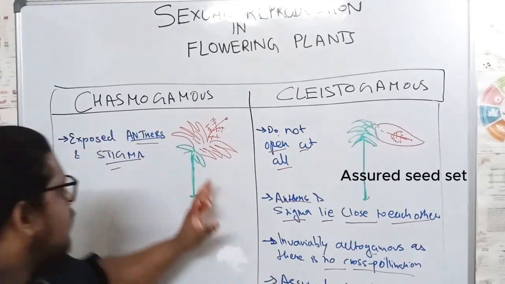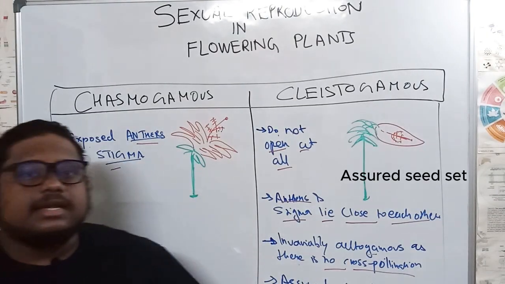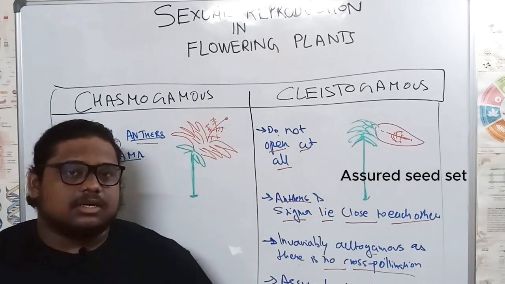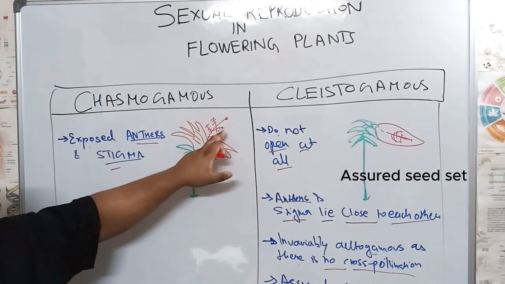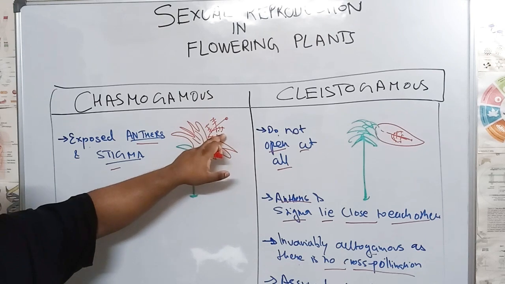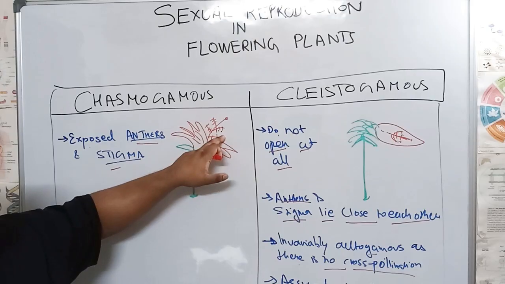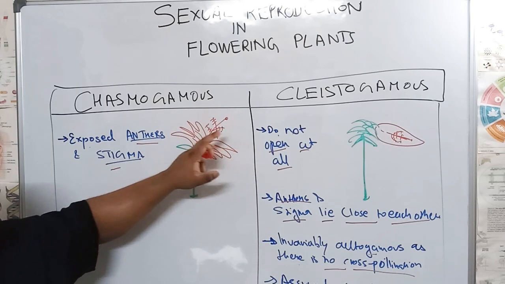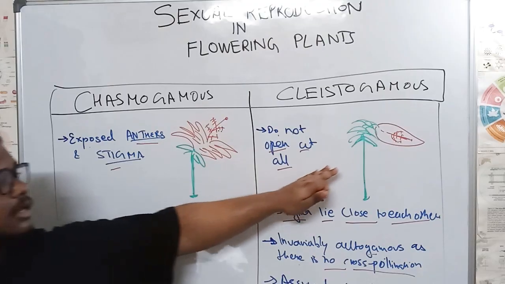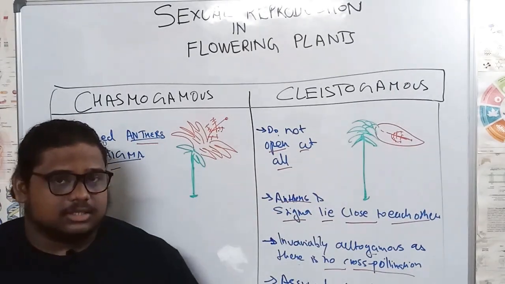मतलब कि अगर ये flower है Chasmogamous flowers है, these flowers are open. So they need some kind of agents. So I discussed earlier, which I will be telling next. These flowers they need some agents जिससे कि जो pollen grain है they land on the stigma जैसे कि wind. So they need some agent जिससे कि the pollen grain they transfer and lands on the stigma and then pollination will happen. But यहाँ पे in the Cleistogamous flowers there is no need of any type of external agent क्योंकि